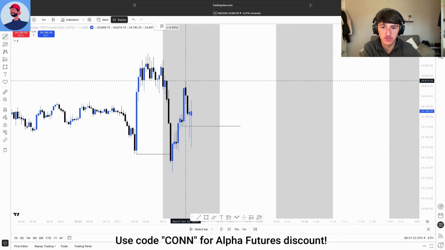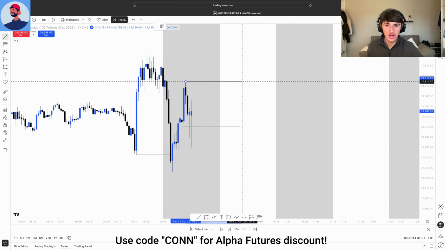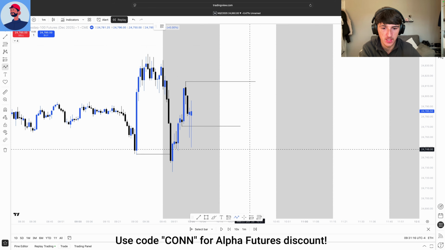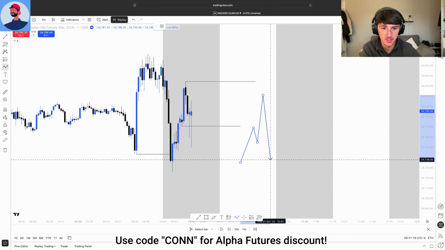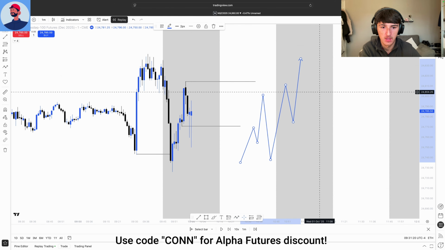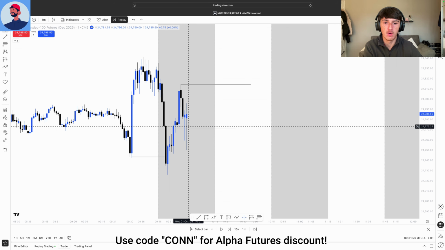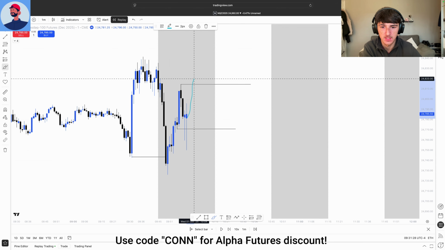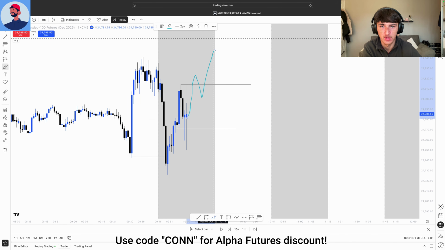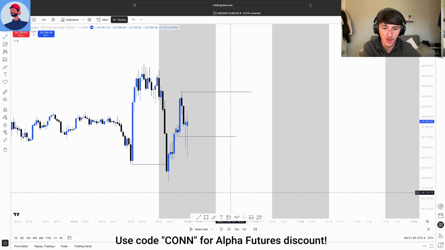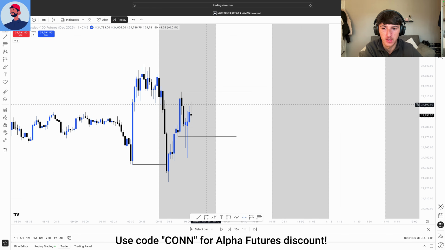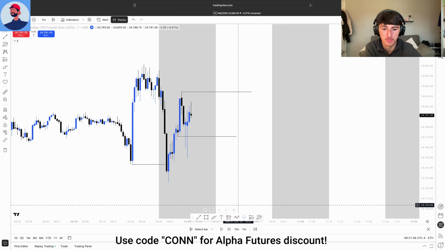So now that we've swept those lows, and there is the unicorn horn. Like I was saying, you need to see that liquidity sweep and then the quick flip back up. So here, there's the unicorn. We sweep down, we take the lows, and then we flip back up. So we're now waiting for that next leg that takes us up, and then our breaker block entry in a continuation model. So we swept these lows. This is now when we need a bullish breaker structure. So we need candles to close above this high,